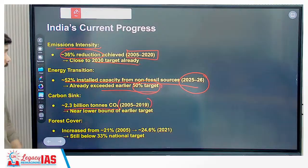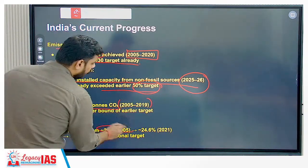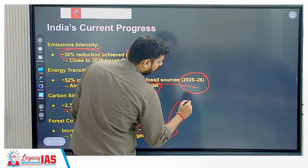Okay. How much has the forest cover increased? Because we talk about carbon sink, we talk about afforestation also. That means carbon stored in the biomass. So it increased from 21% in 2005 to 24.6% in 2021. And this is from your State of Forest Report, Indian State of